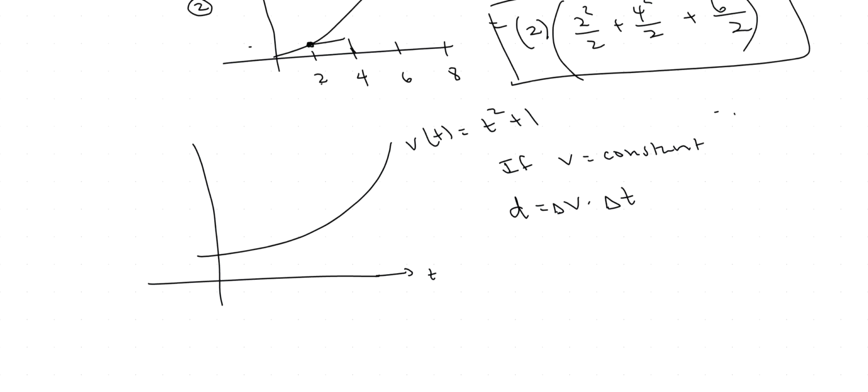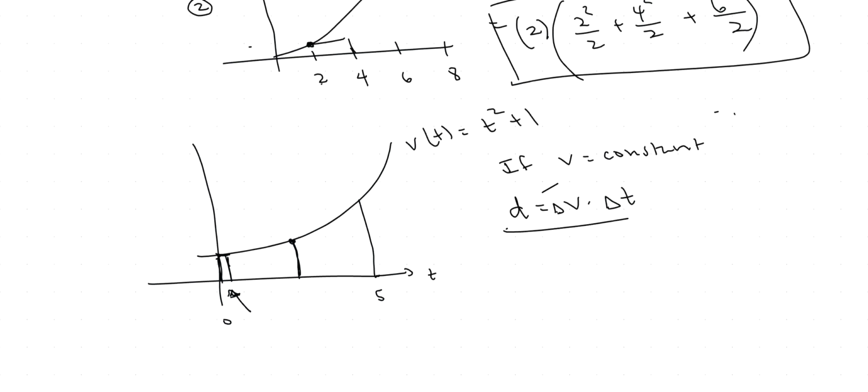And then I could find that distance. But here it's not constant. So what we can do is say, well, let's pretend it's constant. Let's just take a random interval here, say we're trying to go from 0 to 5. Let's start here actually, and pretend it's constant on a little interval. It's almost constant. So I'm going to use my constant formula on this